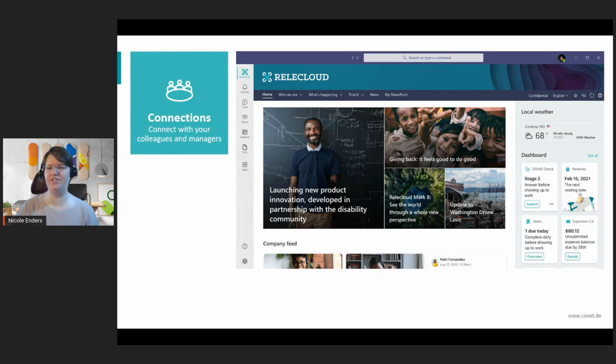And with connections, you can integrate your intranet into Microsoft Teams. So you see it here. This is the landing page. You see the navigation, and that gives you an idea that we are in an intranet. So home, who we are, what's happening, and so on.